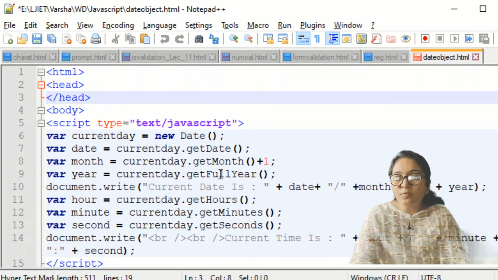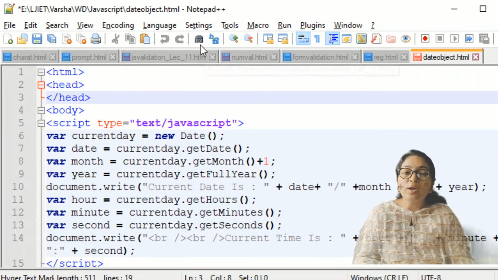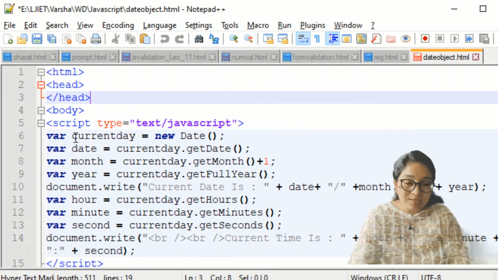These are the inbuilt JavaScript functions which will return the value of day, date, and month. Okay, so this will return the current date, today's date, currentDay.getDate, so it will define this getDate function to get the date. Then variable month is equal to currentDay.getMonth. Okay, so here whenever we are using a JavaScript inbuilt object, first you have to define the object of it. So here we have defined one JavaScript object, that is the Date object. Then we are getting the value from the Date object's inbuilt method.